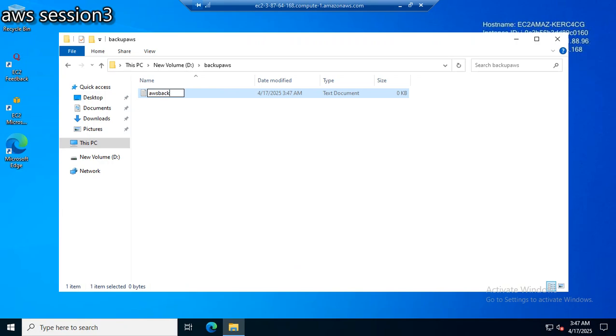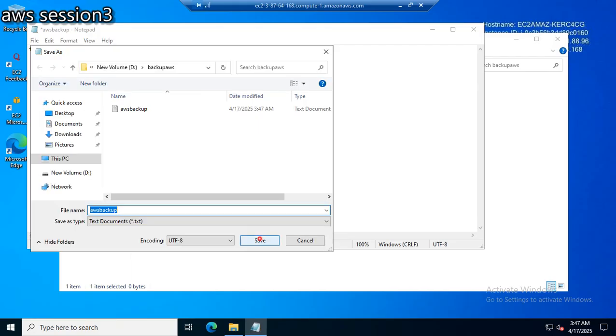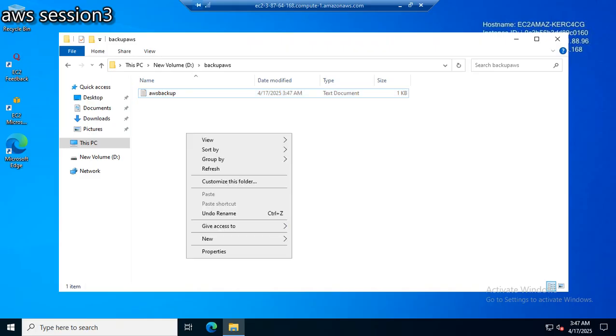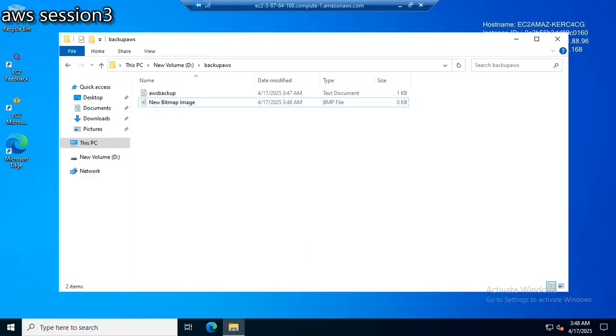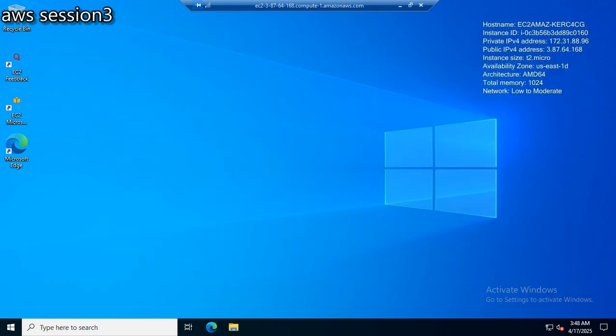I'll add some data. Added some data. What is the folder name? Backup. You could give any name, no issue.